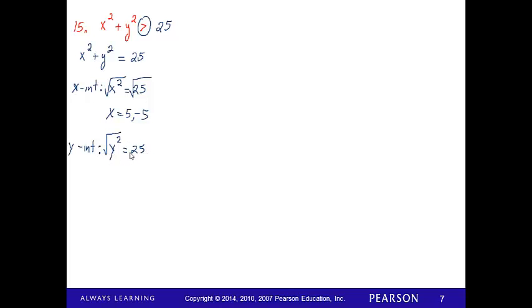Take the square root on both sides, and you'll have y equals 5 as well as negative 5. So let's graph these points. There's 5, 0, negative 5, 0, 0, 5,